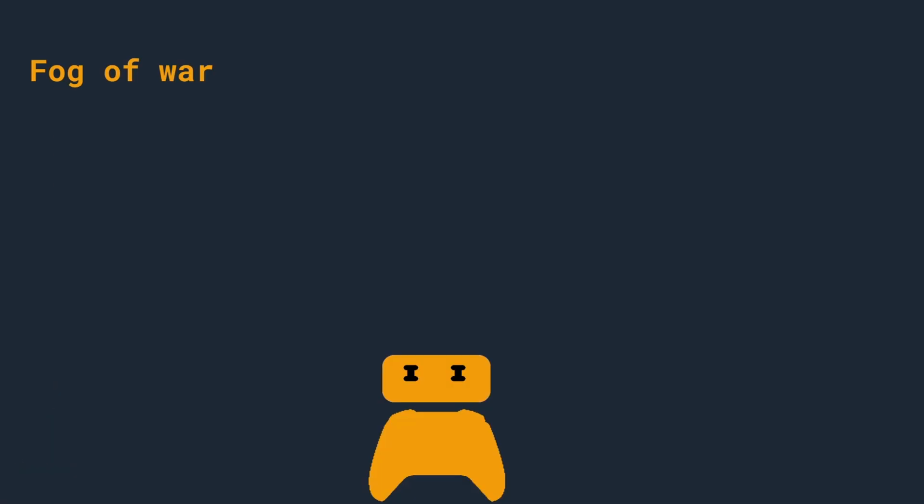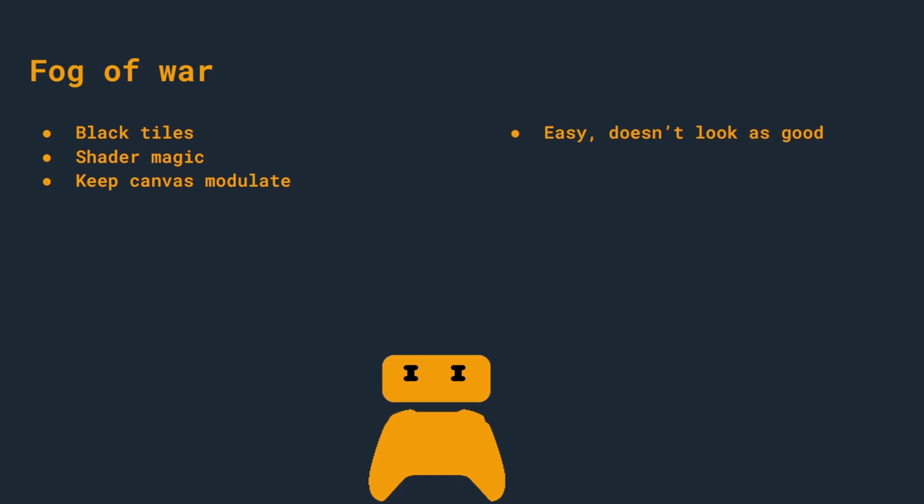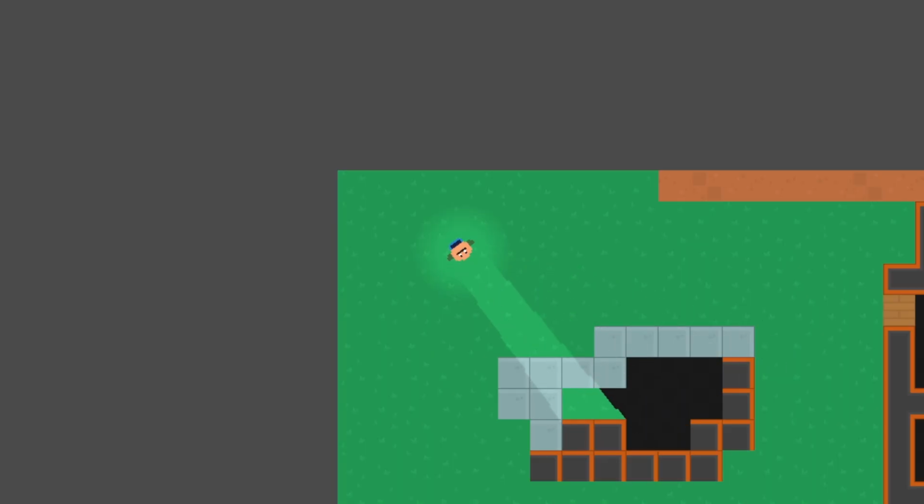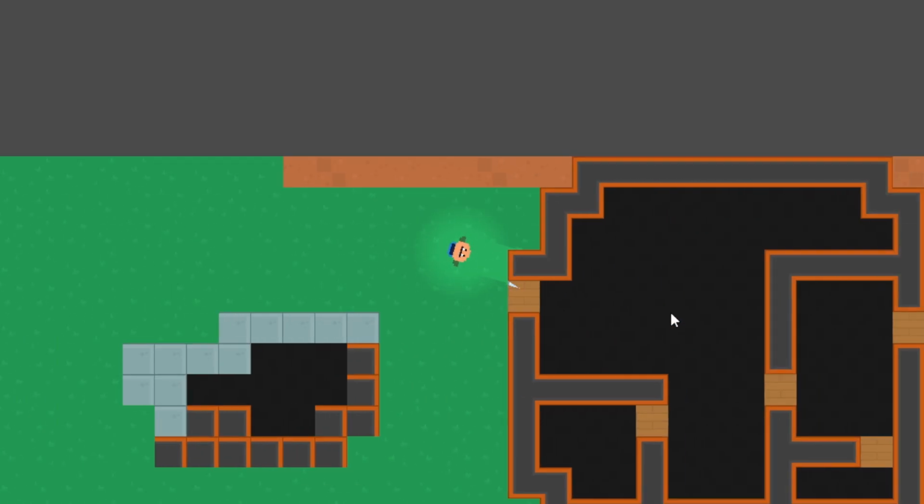Now, there are quite a few ways to implement this. For example, black tiles, using shader magic, or just keeping the canvas modular that I'm already using, right? The black tiles alone don't look as good, but they are pretty easy to implement. Shader magic is probably a bit harder, and the canvas modular is a bit boring just to use by itself. So, I went down the shader route, and I connected it to the tile map that fills in